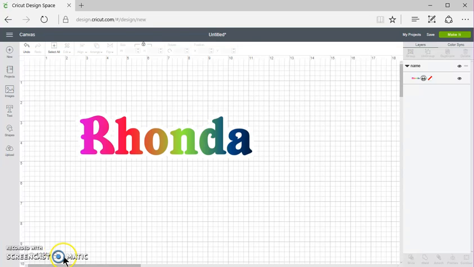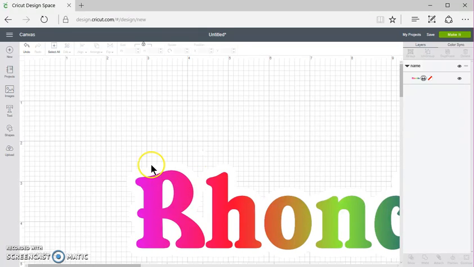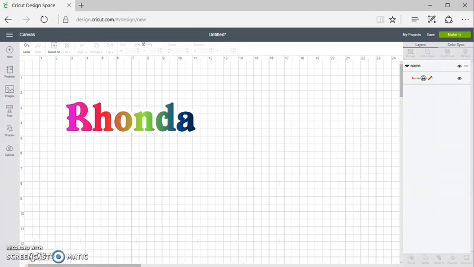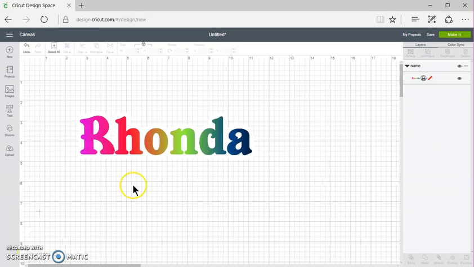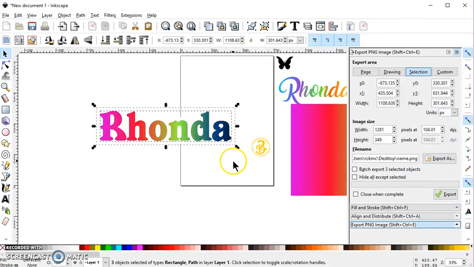You can see, if I zoom in, you can't really see it on the cut screen, but you can see that my white offset is there because you can't see the checks for the grid behind it. Let me change this to the larger grid. Well, I'm zoomed in too far, it won't let me, but it is there, okay? So that's that. Let's go back over to Inkscape, and